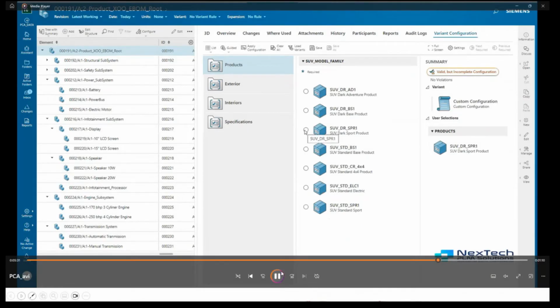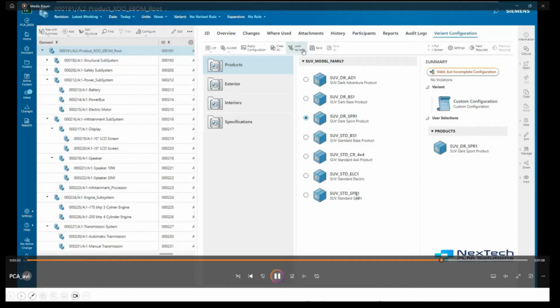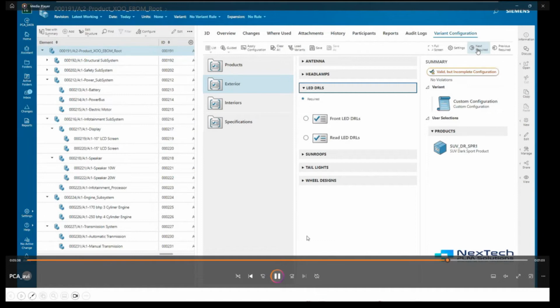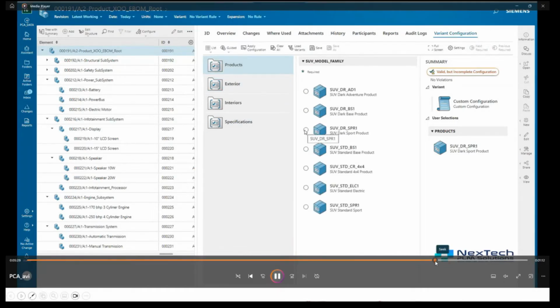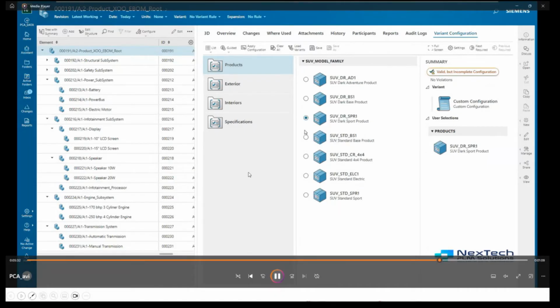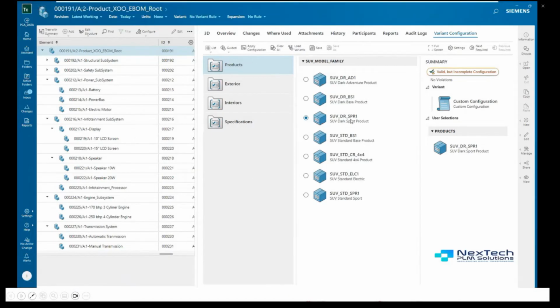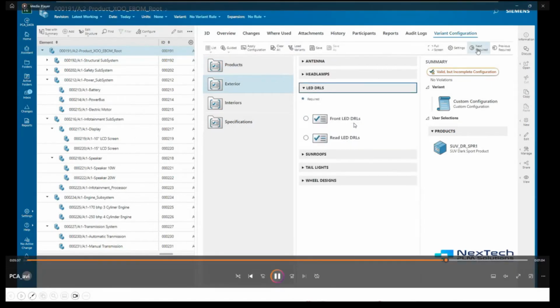Now here again I will come to the variant configuration view. This is the same view, but now we are seeing it after opening the product. Earlier we were seeing the same view when we had opened the configurator context object. So again, I will come to this variant configuration view, and here I will select the product. So let's say I had selected one product based on certain system selections, based on the configured rules, the system selected some features, and there would be some features selected by the user. So for example, here I had selected this product, then